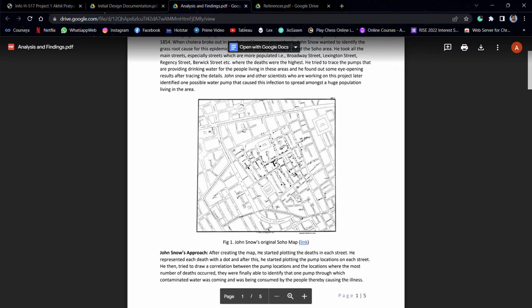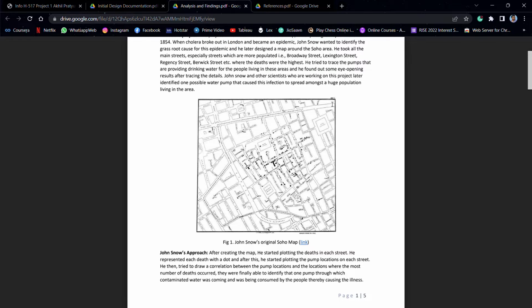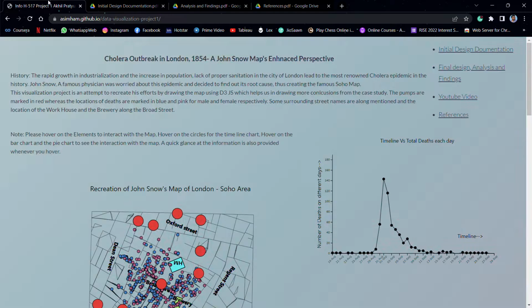This is the original map which John Snow made back in the day, and we tried to recreate his work using D3, which is a powerful visualization tool using JavaScript, a part of JavaScript. Before explaining the visualization, here is a brief history about this cholera outbreak. So, when industrialization was at its peak in London, there were a lot of